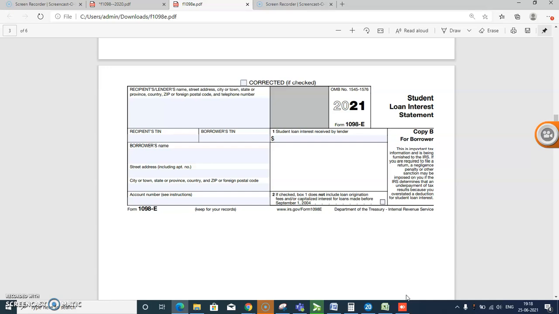You can deduct up to $2,500 worth of student loan interest from your taxable income as long as you meet certain conditions. The conditions are: number 1, the interest was your legal obligation to pay, not someone else's. Number 2, your filing status is not married filing separately. Number 3, your income is below the annual limit. Number 4, neither you nor your spouse, if you are filing a joint return, is claimed as a dependent on